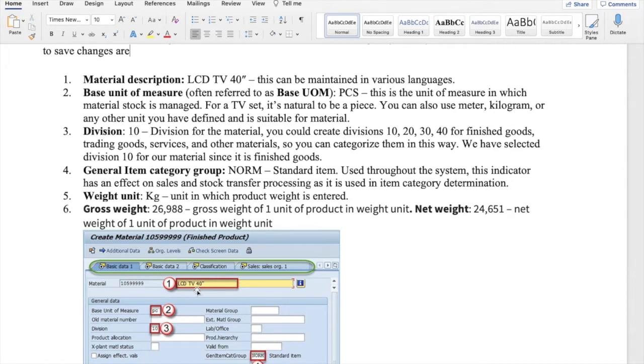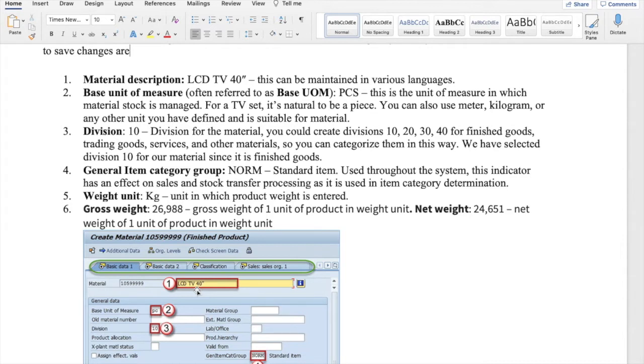Because we are selling TVs, we have selected the base unit of measure as pieces. But depending upon the configuration, suppose you do a business where the same material is also used for some other kind of application, there can be an alternate unit of measure. The alternate unit of measure can be meter, kilogram, liter, whatever you want. In the TV case it is not possible, but in other cases the alternate unit of measure is also important, which we can mention in the same document.